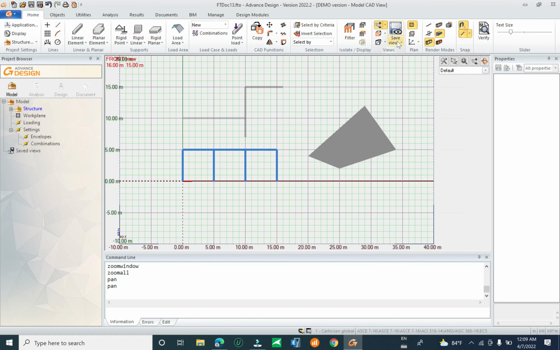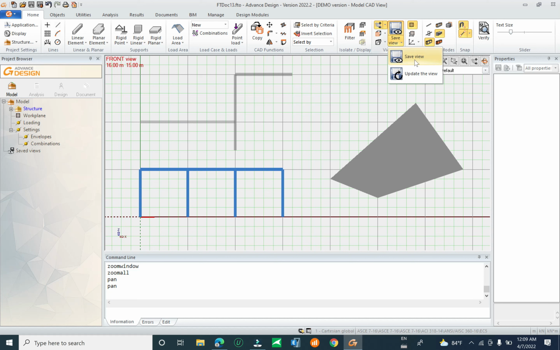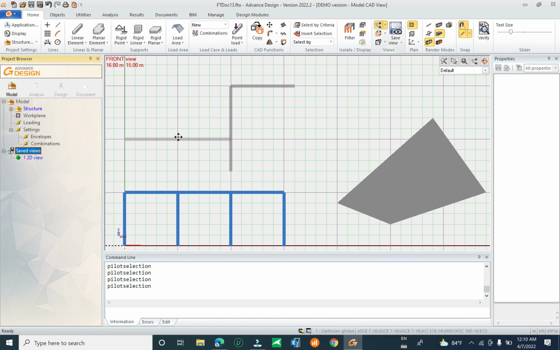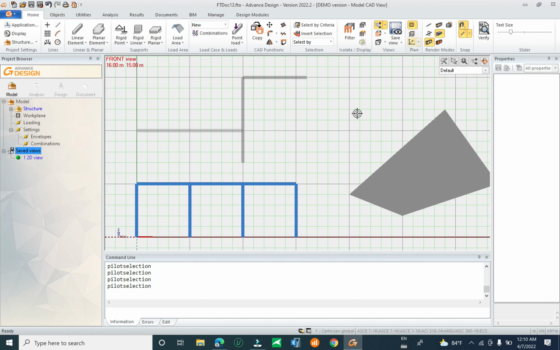And you can see view. Okay, if I want to show the view, you can see it for the later report. I call it, rename it for the 2D view. This is for the report, you can show view for the structure analysis and design result, or you can show it, and after that you can show view, and you can import it to the design report. And again,